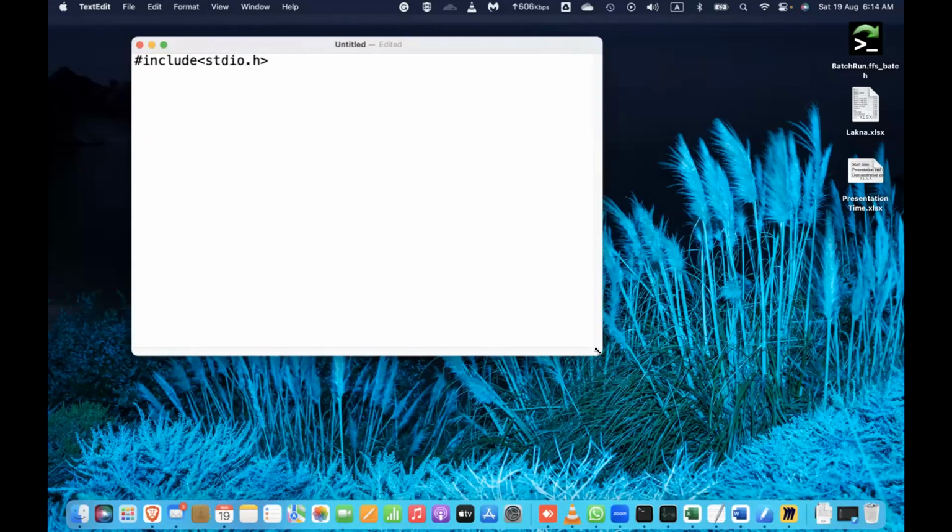Yes, sir. Thank you. Okay, hash include stdio, and you can write int main. After that printf. You need to write hello world. Okay. So comment means for the identification, for the understanding purpose of a particular source